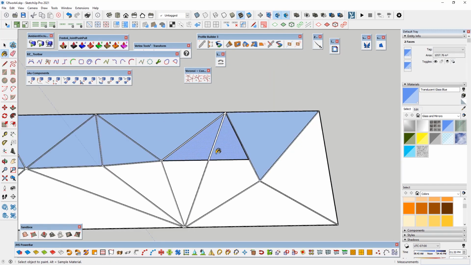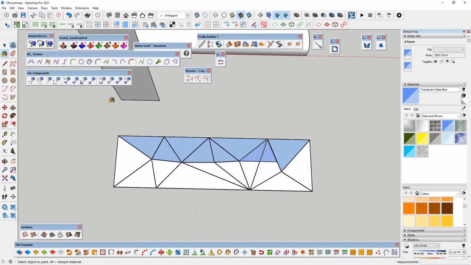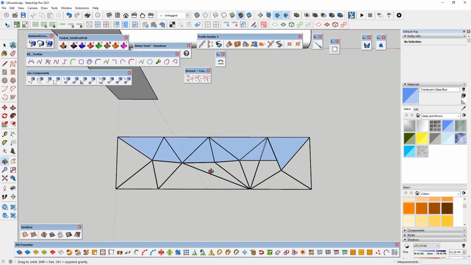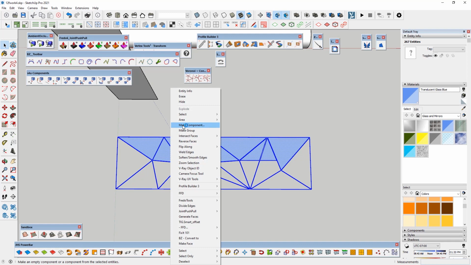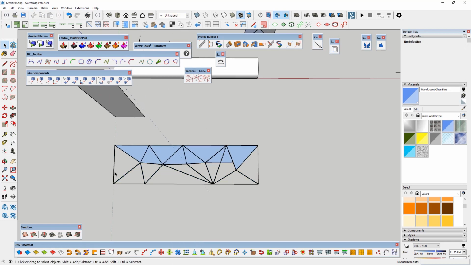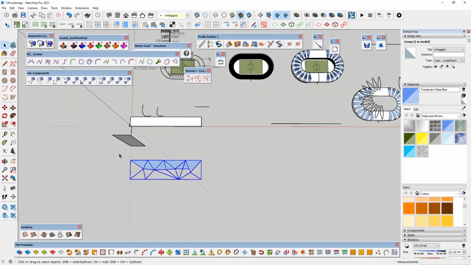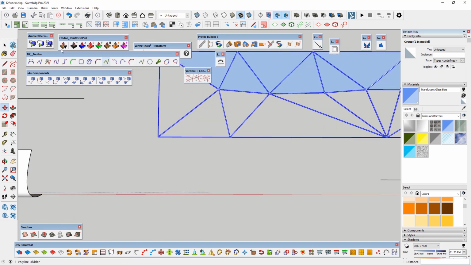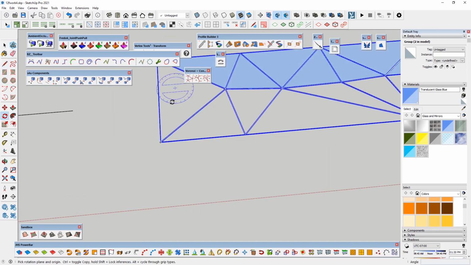Okay, then we need to add the glass, and I will just remove all the surface that we have in the rest position. Then we need to convert everything into the components, or we can make it as a group. Then we need to rotate it. So first the rotation